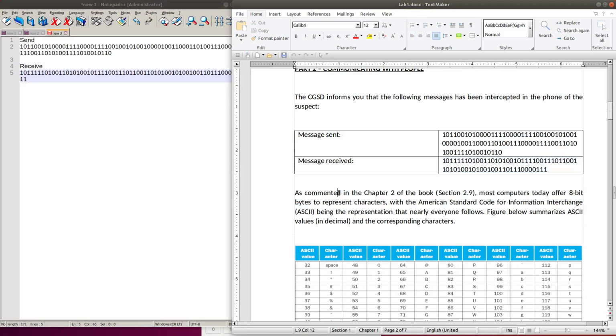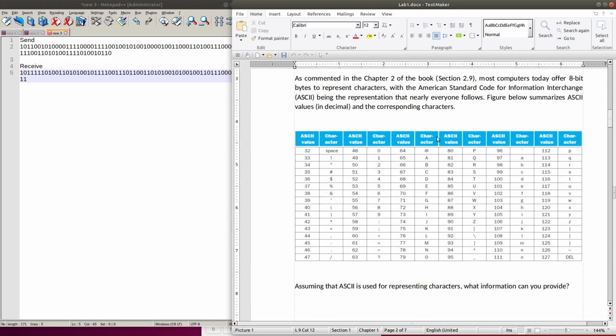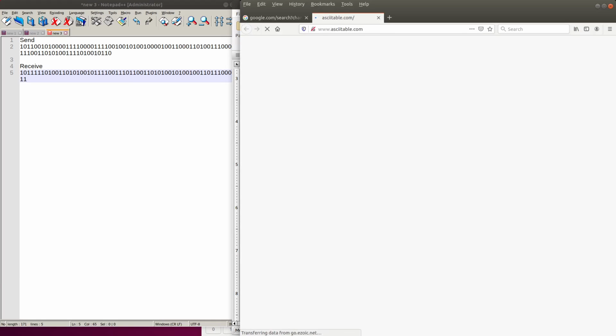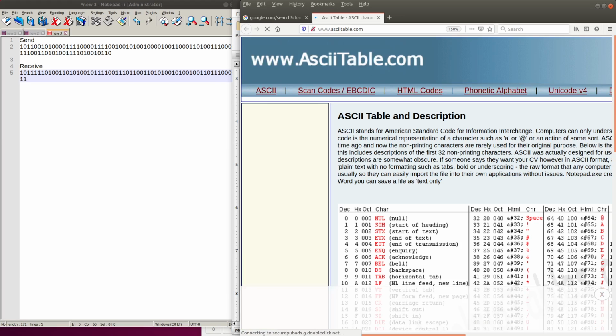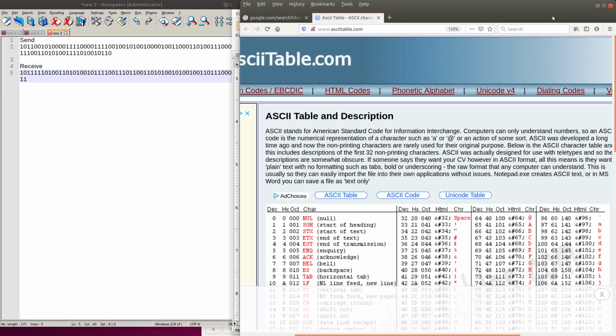And in our documents, you can also see here we provide the ASCII table for your reference. For the ASCII table, of course, you can also find it with any search engine. You can do any search like this, and then you can find the ASCII table for your reference.